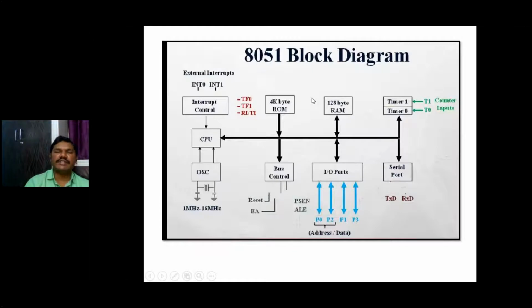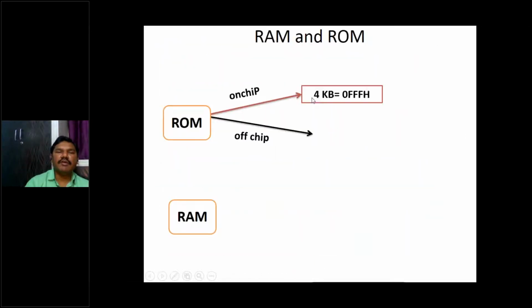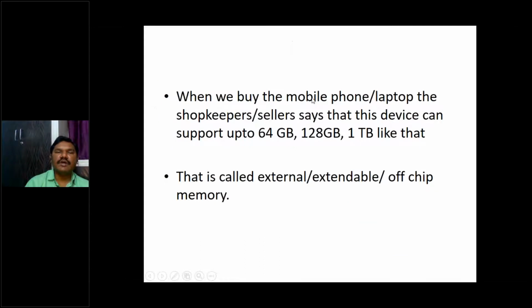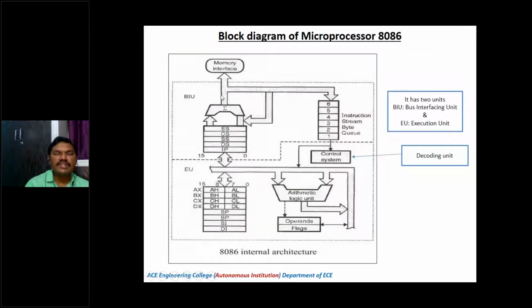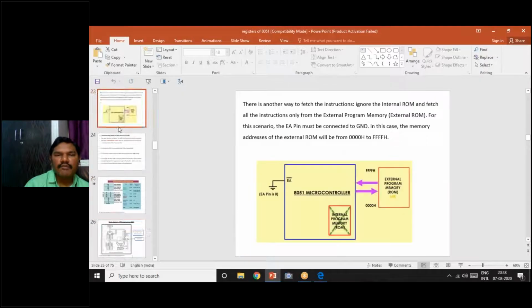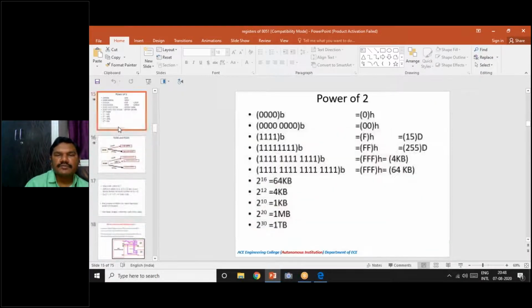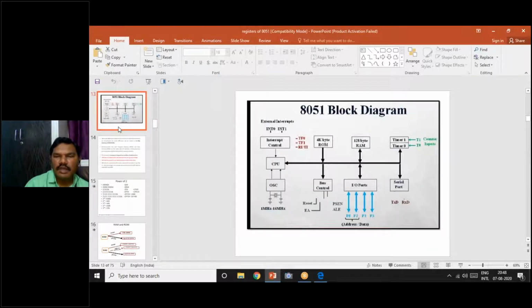Whereas in the case of 8086, I'll show you here. I have the diagram also. In the 8086 block diagram, memory is outside. We have only some of the registers and the ALU, and the control unit is inside, along with some registers. But the ROM or RAM memory is outside. Whereas in the case of 8051 here, all are inside of the chip.